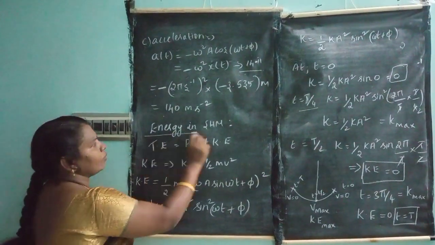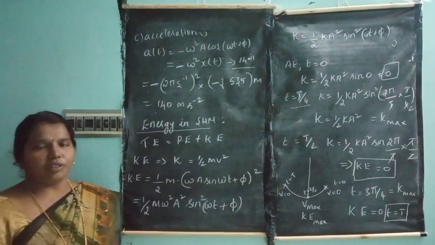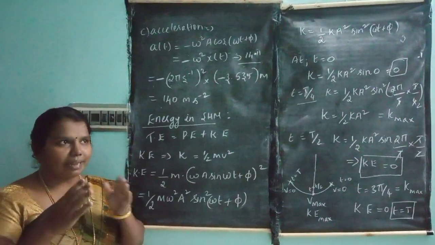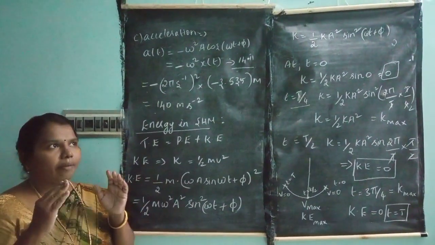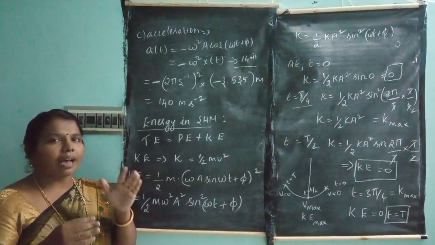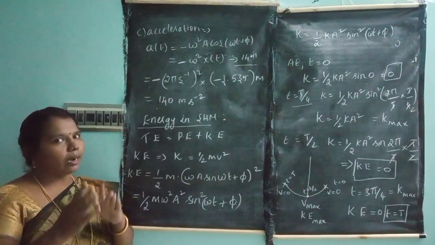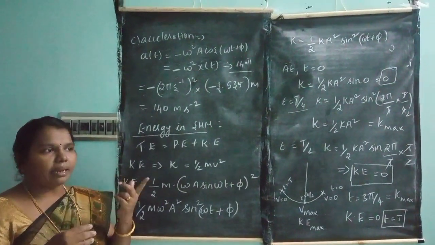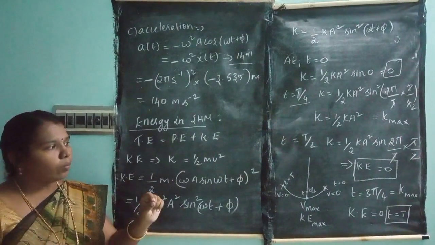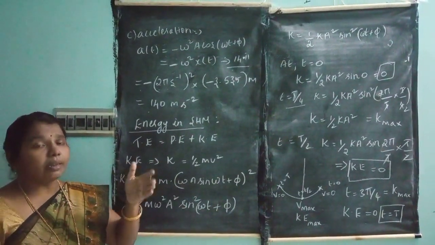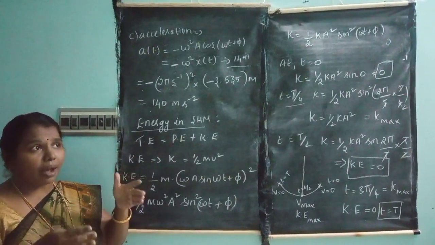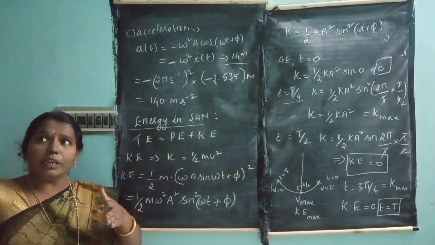So in last classes we have discussed energy in simple harmonic motion, that is SHM. So what is the energy? The mechanical energy has both potential energy and kinetic energy. In early classes I discussed, according to the definition in simple harmonic motion, where the kinetic energy is maximum and where it is zero, because the limit ranges from 0 to extreme.